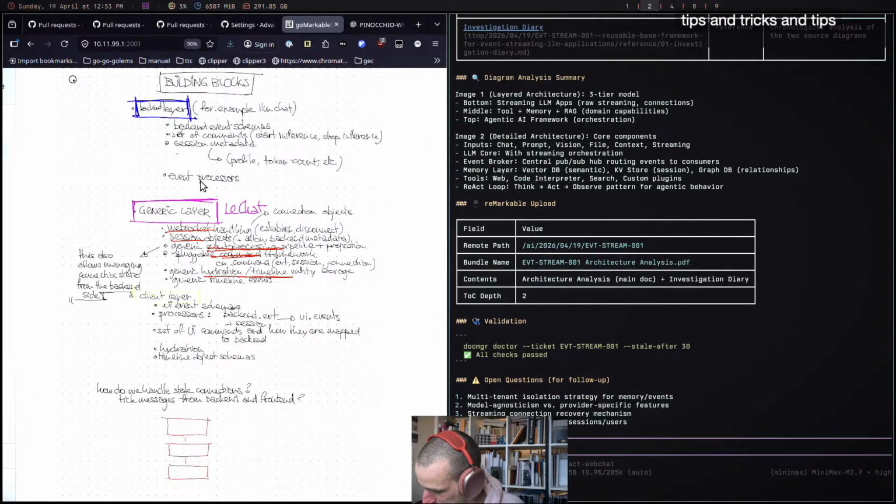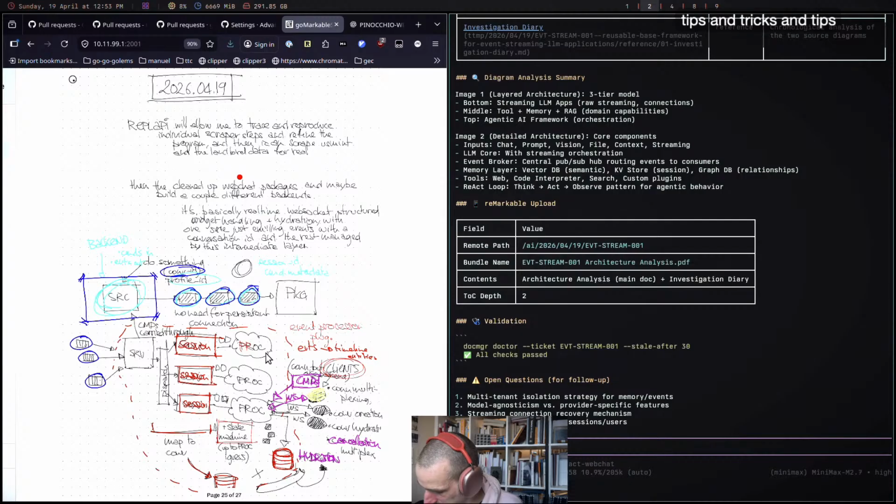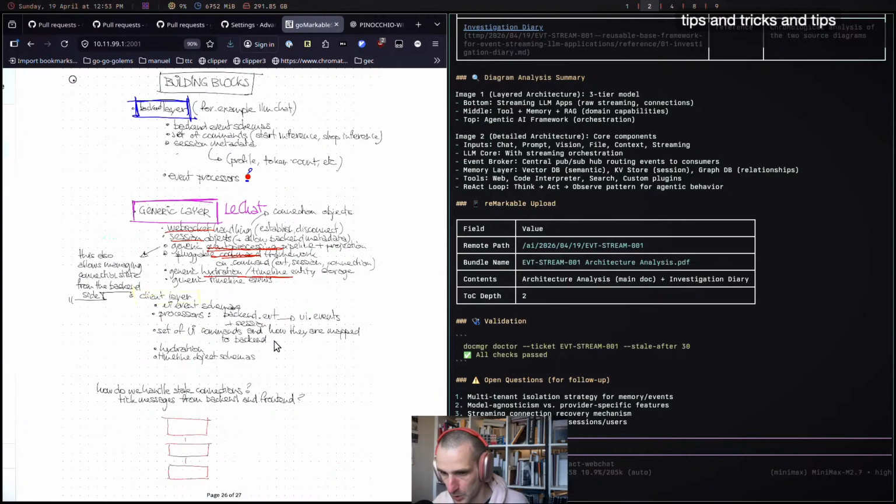I don't know if you need to provide event processors at all, actually. And then you can provide some session metadata to be stored by the front end, right? Because I don't know actually if the front end needs to do session storage. We'll see about that. That's kind of the explanation. I hope it's reasonably clear what I'm doing.